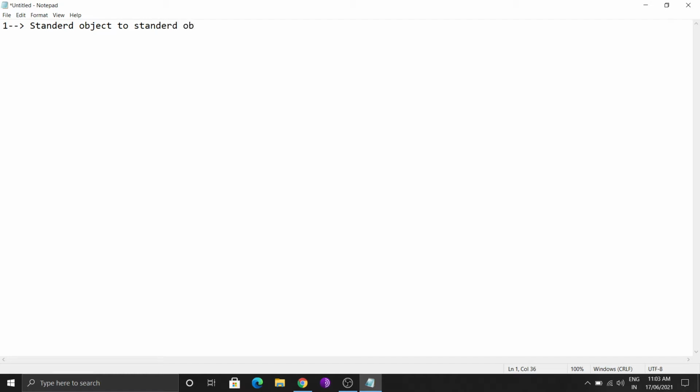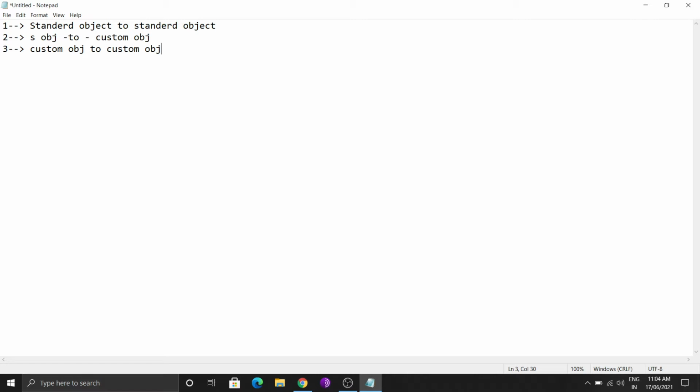I will write that object as OBJ. The second scenario is a standard object to a custom object, and the third case is a custom object to a custom object. So there are three ways we can create a lookup relationship in Salesforce. First one is a standard object to a standard object. Second is a standard object to a custom object, and third one is a custom object to a custom object.